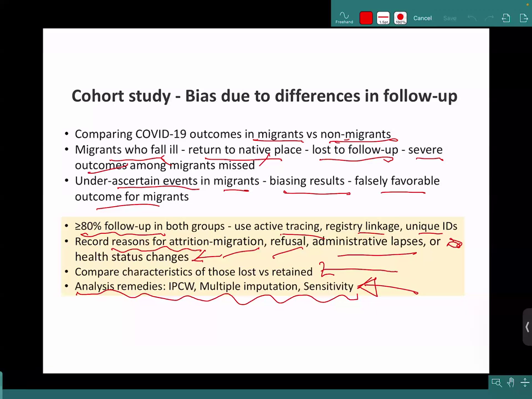Because what will happen, one choice I gave was that, okay, you have loss to follow up, just drop those observations and stick to a new data set in which you have complete data. Can anyone tell me what is the problem with this kind of approach? Time consuming, resources, ma'am. Right? Okay. What else?